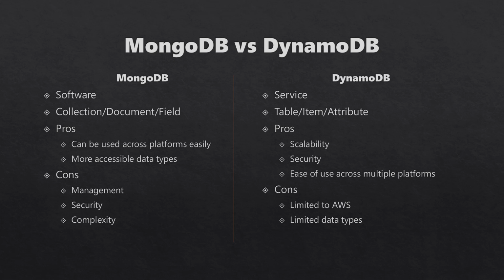On the flip side of that, we could talk about the management, security, and complexity of MongoDB. And if that was your main fear, I would say go with Dynamo because AWS is going to provide all of that in a tight, neat package without any of the complexity. The major downfall to Dynamo is it is tied to AWS, and you could get cloud locked into it quite easily.